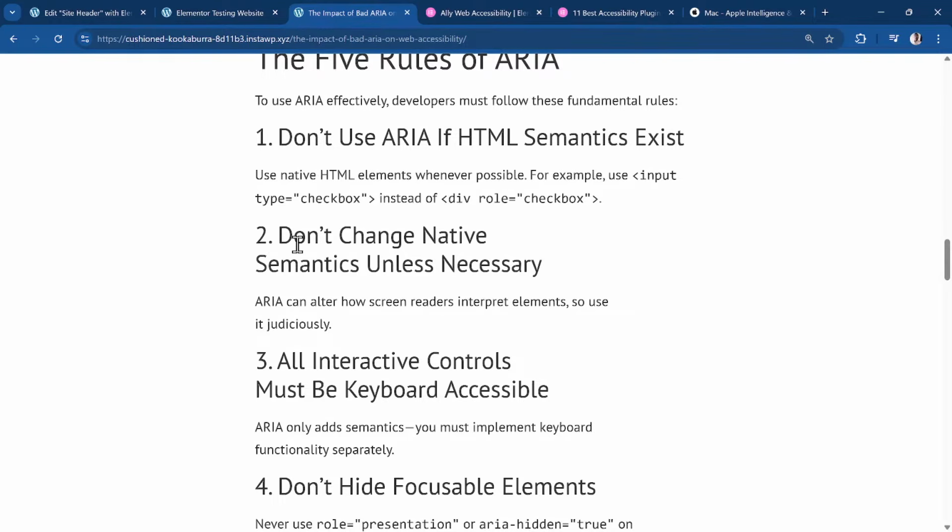The second one is don't change the native semantics unless it is necessary. So don't go ahead and put a button and say button with a role equal to heading. You have broken the